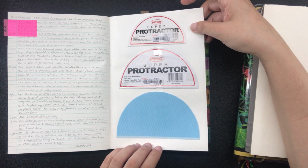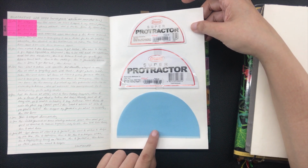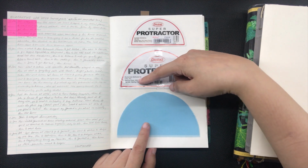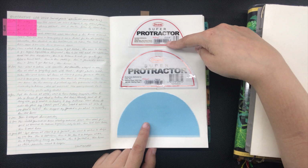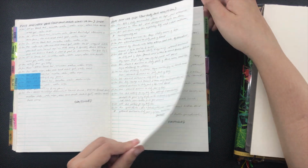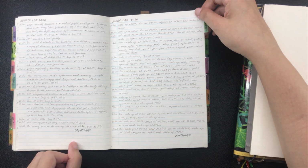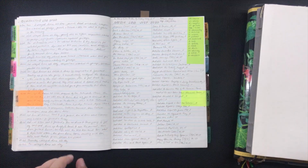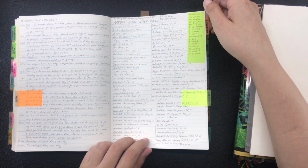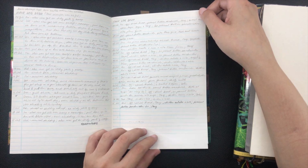I also do some memory keeping in my journal pages, and here I have the packaging and the SKU barcodes of the Orion protractors that I bought. I always have Orion rulers with me, and I buy a set every year. I believe this was when the stores were already open, and yes, one of the first things that I bought were rulers. While I was on this notebook, I was still in search of my next notebook, and I purchased